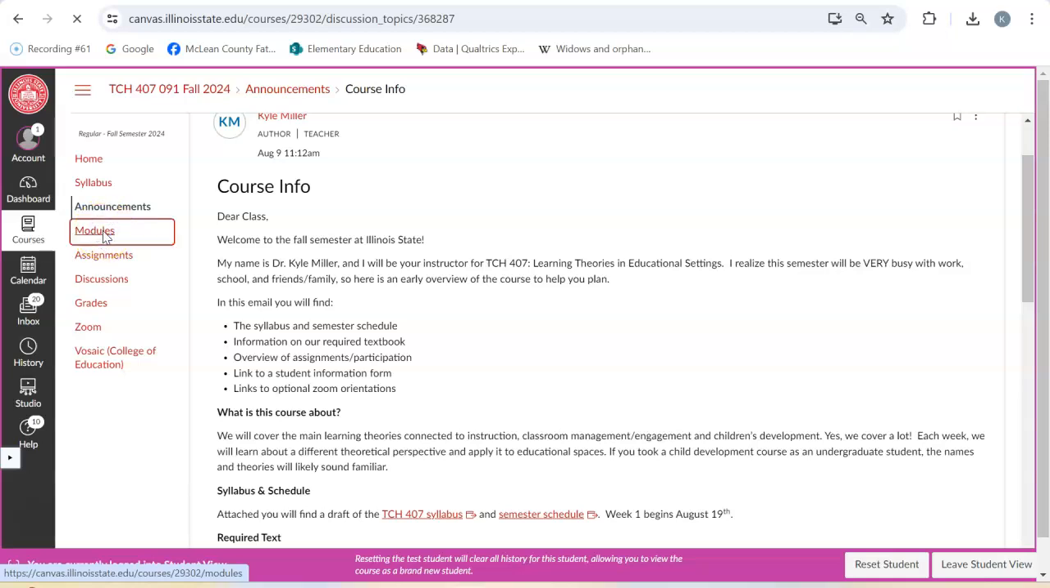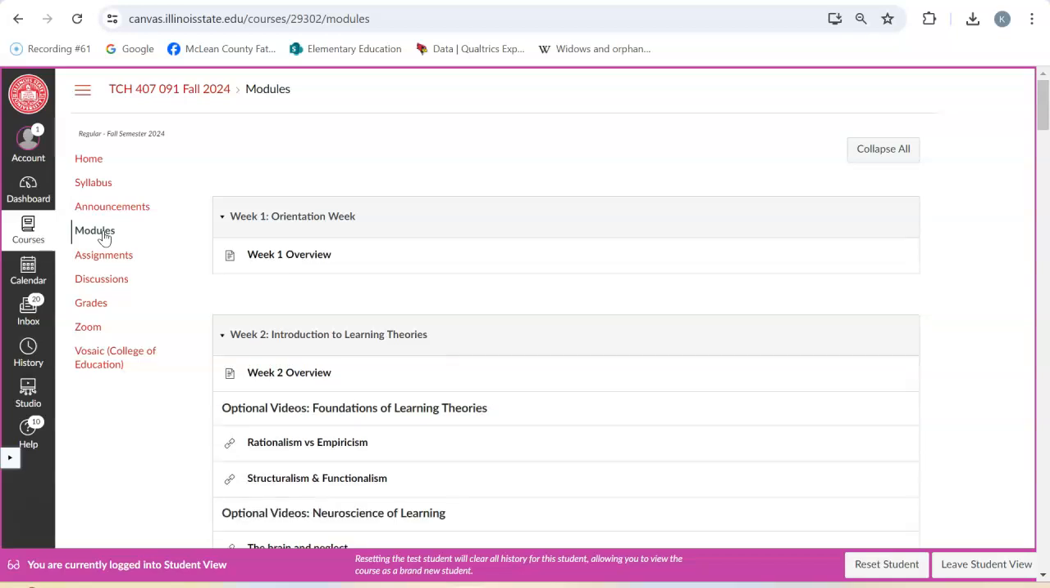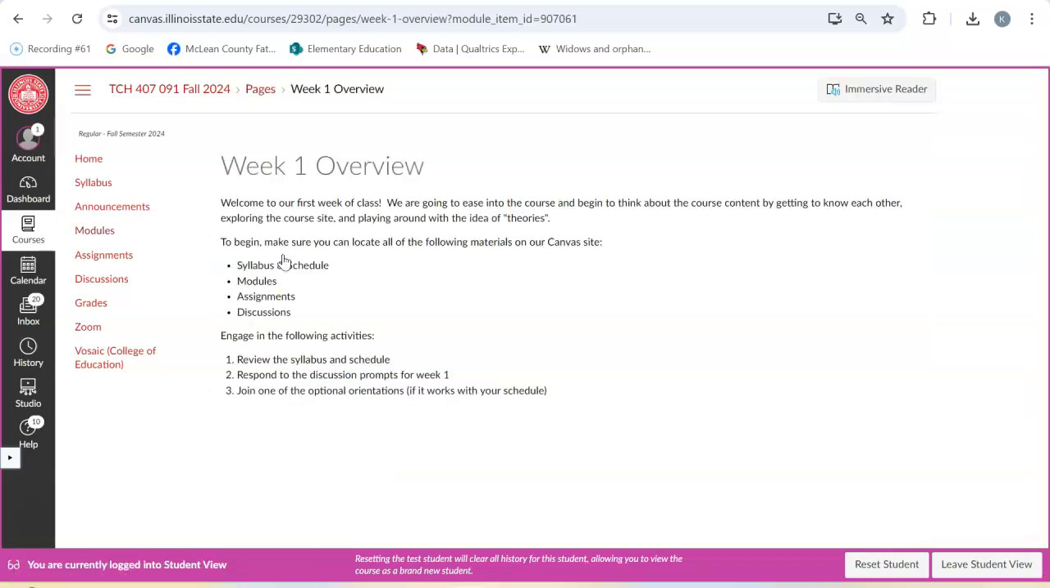Most importantly is probably the modules tab. So if you come to modules, this is where you'll find all of the information for each week. So week one, we're kind of slowly moving into the course. So I just want you to become familiar with our site and how to post and where to locate different items. So as you can see for week one, it gives you the reminders of what you need to do,